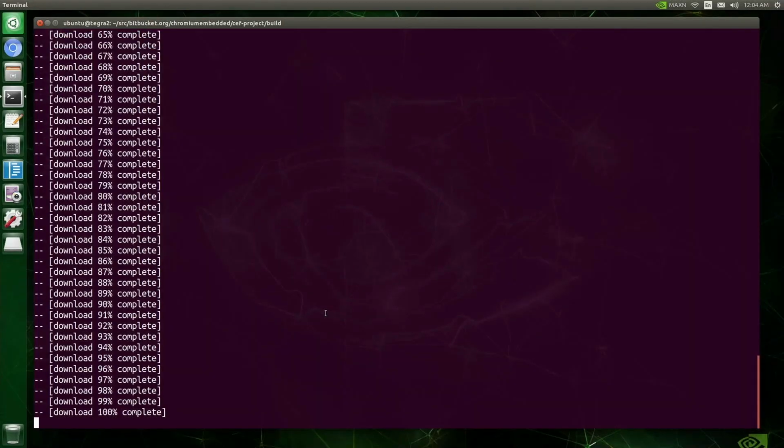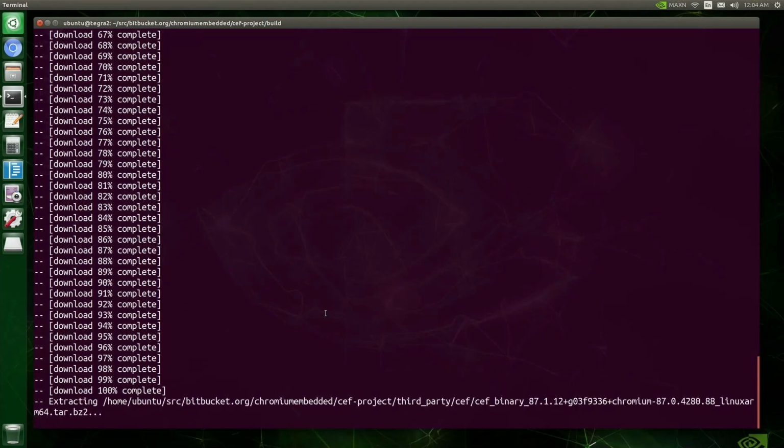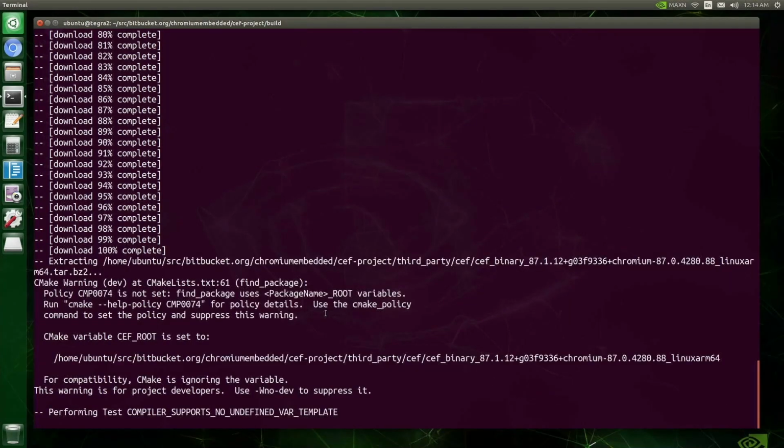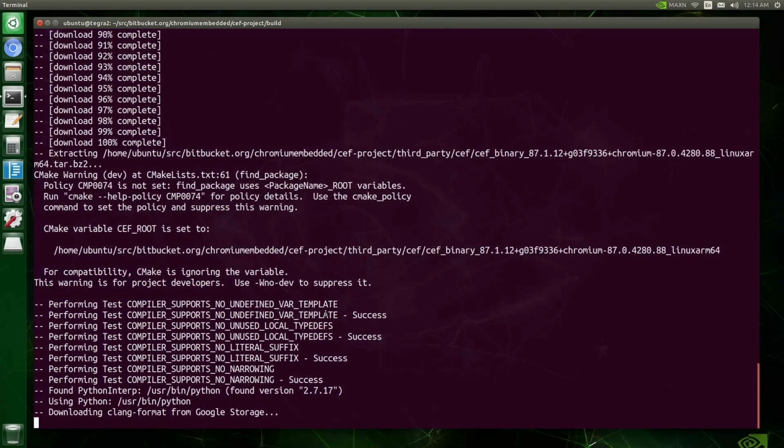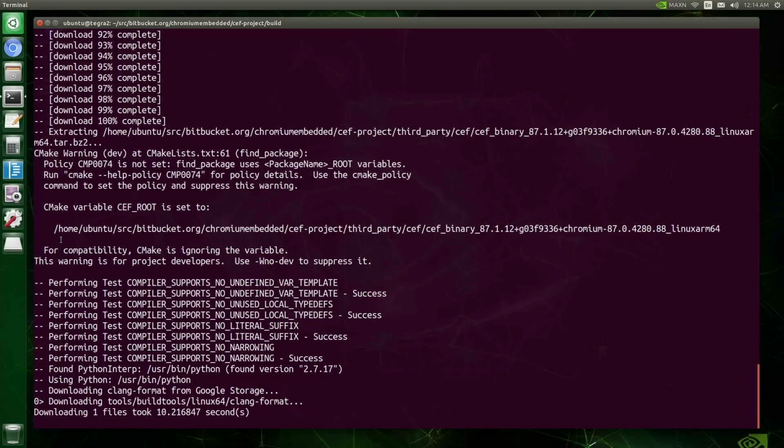Okay, it looks like it's finished downloading. Now it's going to extract that binary. That'll take a little bit longer. So there's an expected delay here. Okay, so it took about 10 minutes for it to extract, and now it's running the rest of the build procedure. As you can see, it detected that it extracted the